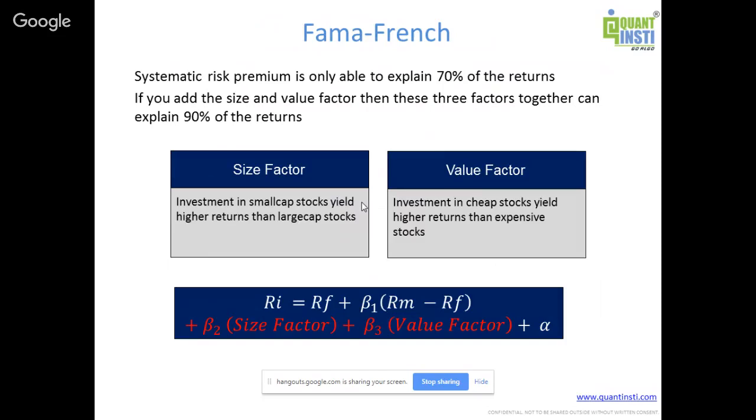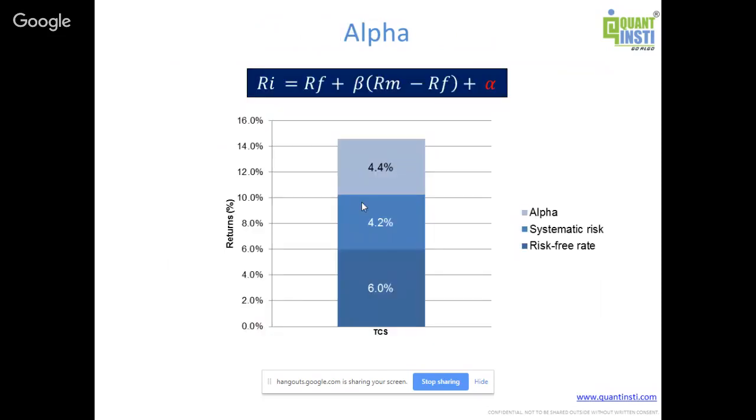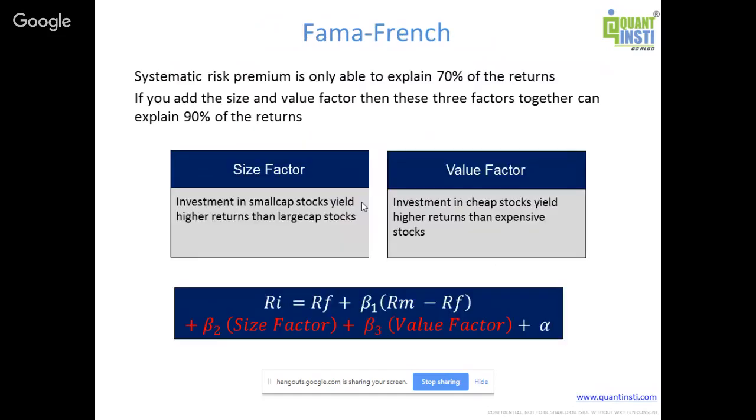So there are two ways to look at this information of TCS. One is, he was expecting 10.24 and he got 15, so he says it should come back to 10.24. So basically he should sell the stock, because he will get the extra return. That is one way of looking at it. Typically these kinds of investors are known as mean reversion investors, who expect everything will fall back to the mean level. But there are some scientists, Fama-French,